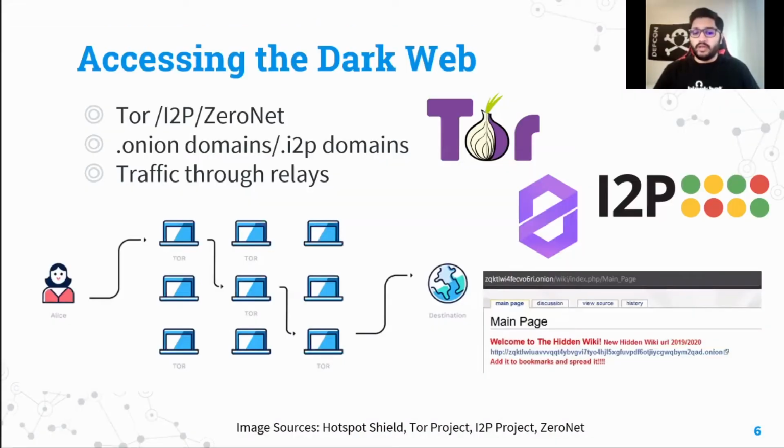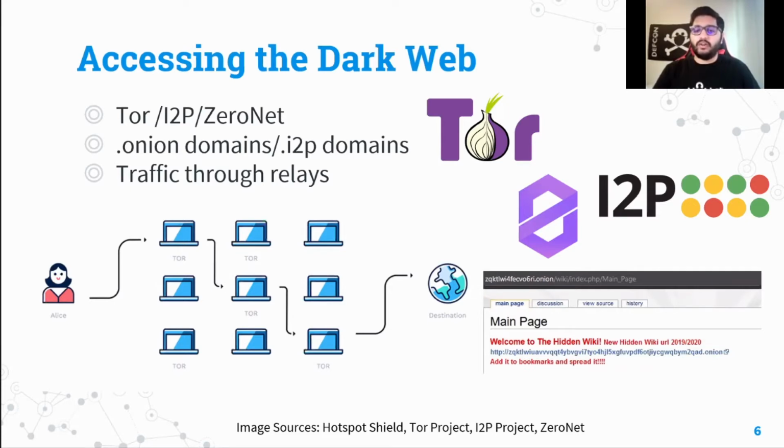So going a little deeper into the dark web, there are different organizations that offer their dark web systems. Some of them are Tor, I2P, ZeroNet, Freenet, etc. We will be talking about Tor because the majority of people use Tor. The basic idea behind it is that it's a kind of anonymization system. Your traffic goes through several routes before reaching the destination. So it is hard, I would not say impossible, but it is hard to determine who is accessing what.